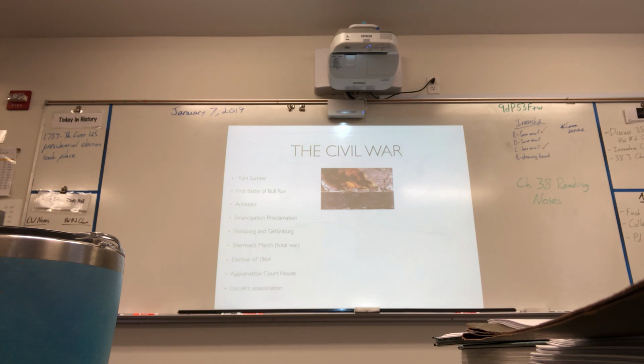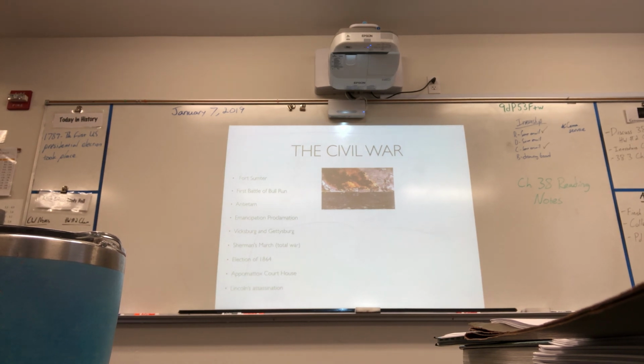Grant and one of his closest officers, William T. Sherman, get together and say, all right, we got to figure out a way to end this war. Grant says, all right, I'm going to stay here in Virginia, and I'm just going to hammer Lee's army. Battle after battle after battle. We're just going to keep going after Robert E. Lee. Sherman, I want you to go south, and I want you to capture the city of Atlanta. And when you capture the city of Atlanta, I then want you to cut straight across the state of Georgia using total war. So Sherman's march takes place in 1864